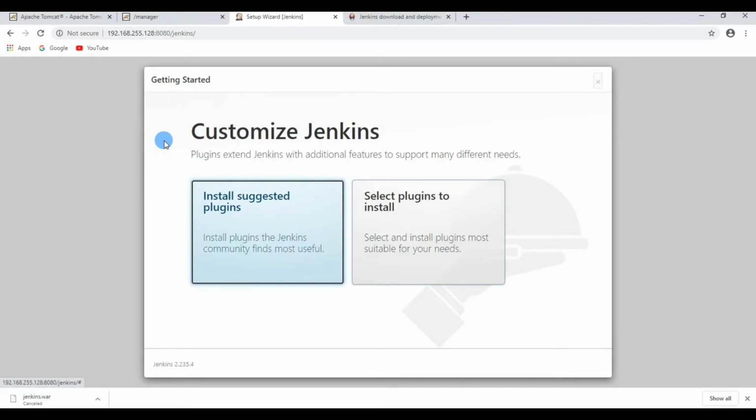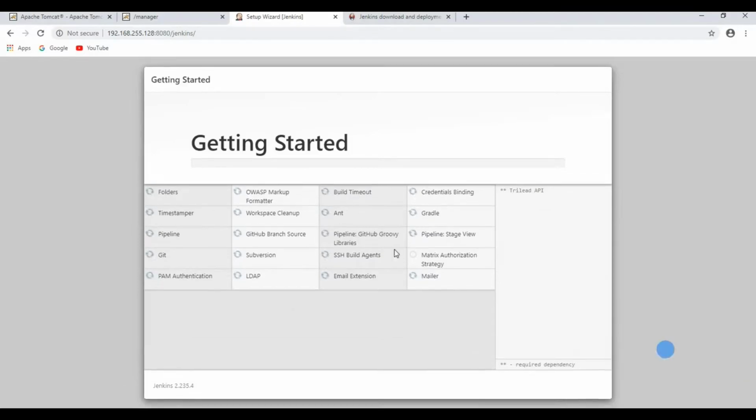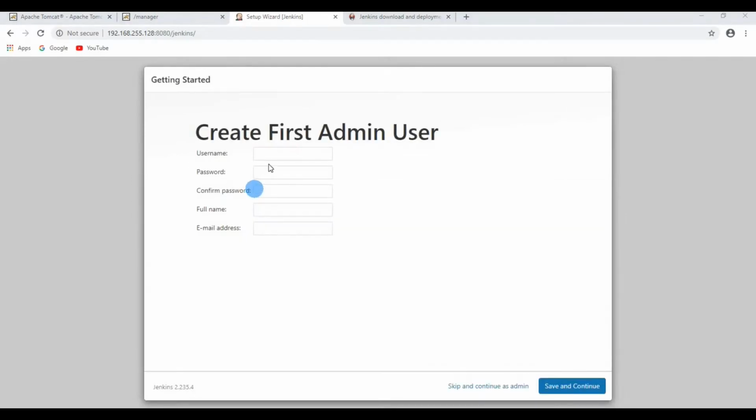So here we have two choices: install the suggested plugins and select the plugins to install. I will go for the default installation, that is, install the suggested plugins. Now you should have an internet connection to complete this installation. It will download the required plugins from the Jenkins library and install them on top of our Jenkins instance. Okay, all the plugins got installed and it moved to the next screen where we have to create the first-time admin user.